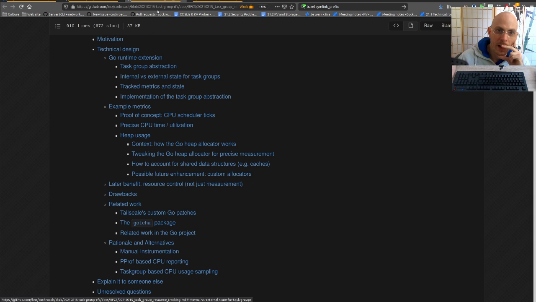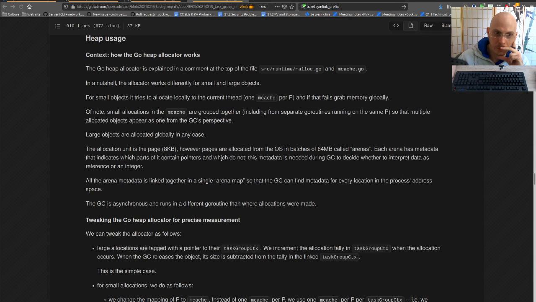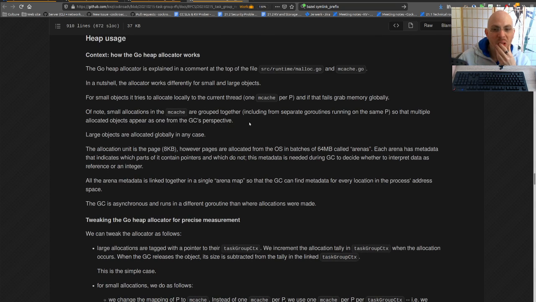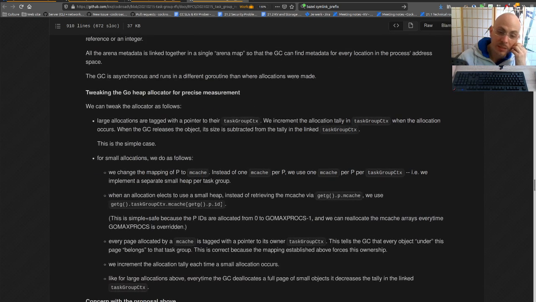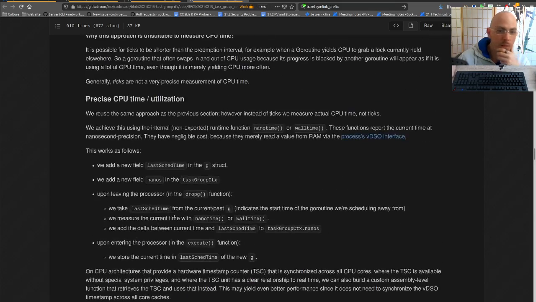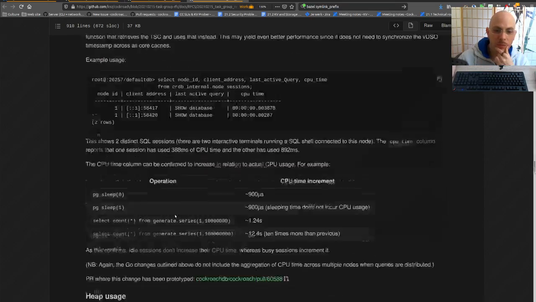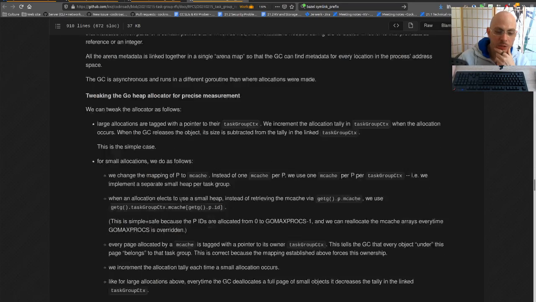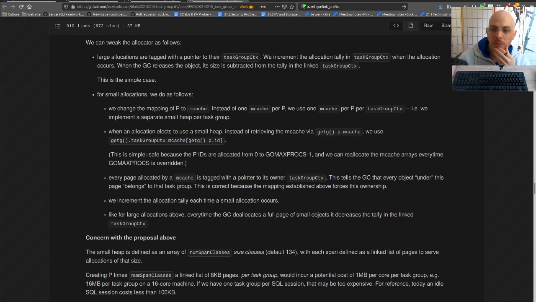But we were not actually successful in looking at heap usage properly. The main reason this was an issue is that the Go heap allocator has two different levels, and we didn't know what to do with the small level, which is shared across threads and goroutines. So back then we didn't really do anything with this. It's going to be today's experiment to at least count allocations and then try to get a deallocation counter